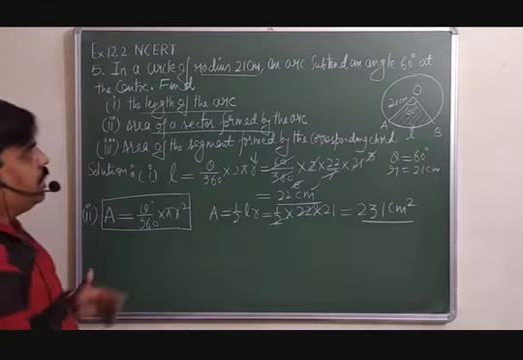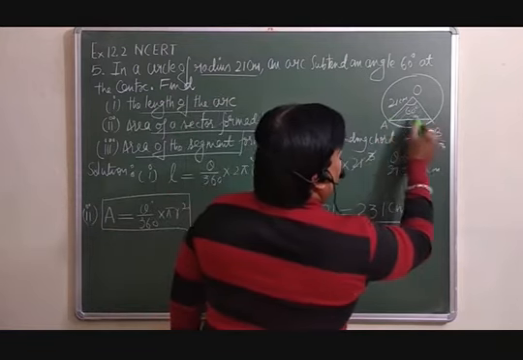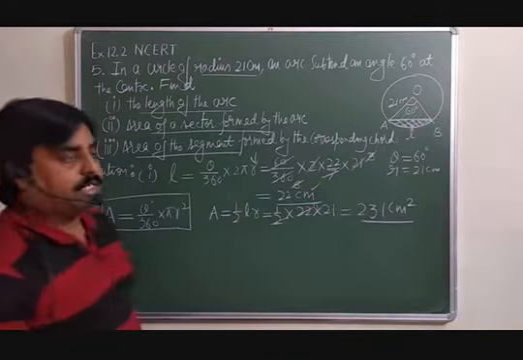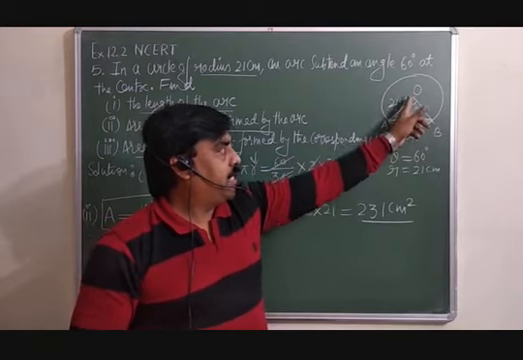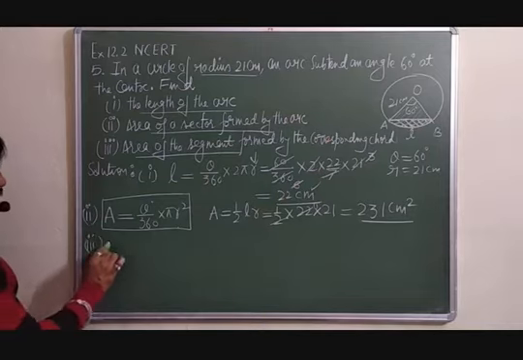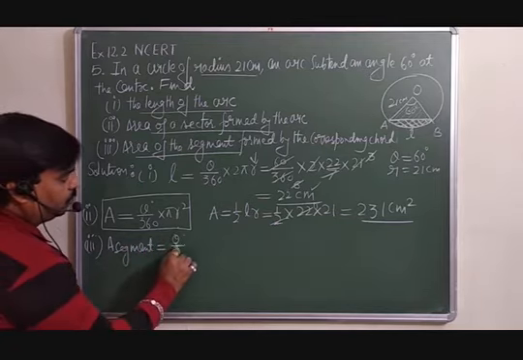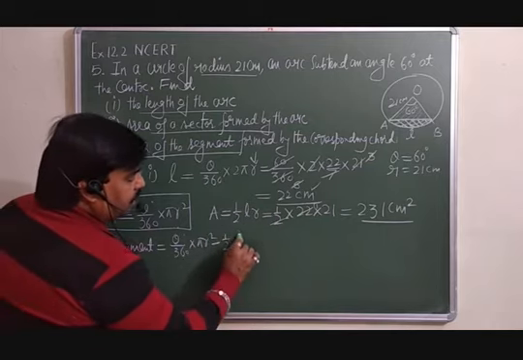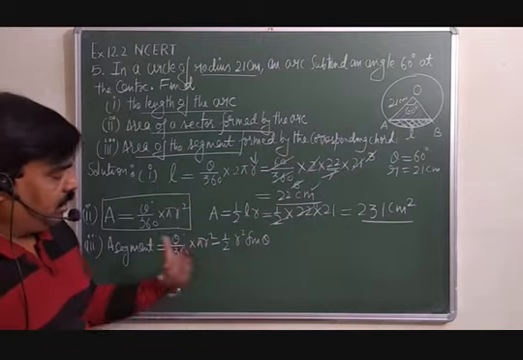Now the third is the area of the segment, that is, by this corresponding chord. You are interested in finding the area of this segment. So what we will do? From this sector, subtract the area of this triangle. But you can apply a direct formula here. The area of a segment will be equal to theta over 360 into pi r square minus 1/2 r square sin theta. Because your angle theta is less than 90, you can apply this.